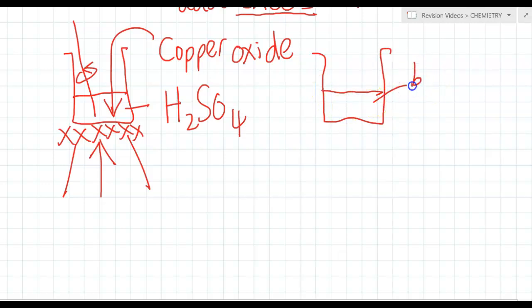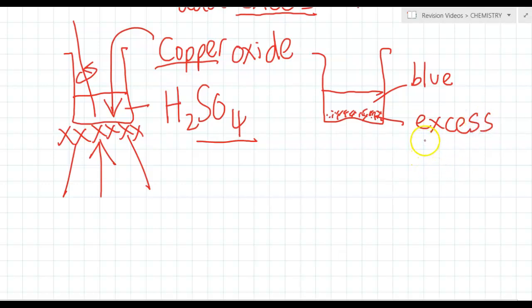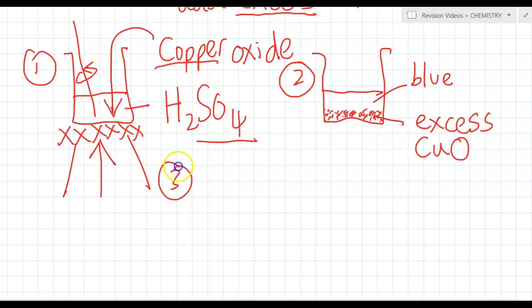first of all, the solution will turn blue as the copper sulfate forms, and importantly, we'll start to see unreacted copper oxide in the base of the beaker, which we can refer to as excess. This neutralization technique is called adding excess. So when I'm at this stage here, stage 2, I know that my acid has been neutralized because this copper oxide cannot react. I can see that I've got a solution of copper sulfate,